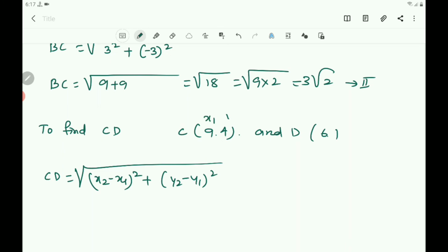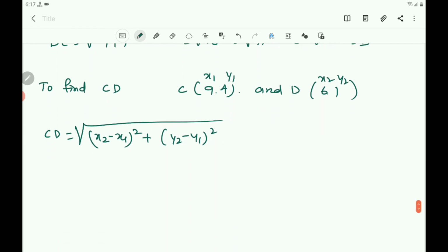With 9, 4 as x1, y1 and 6, 1 as x2, y2, CD equals the root of (6 minus 9) whole square plus (1 minus 4)